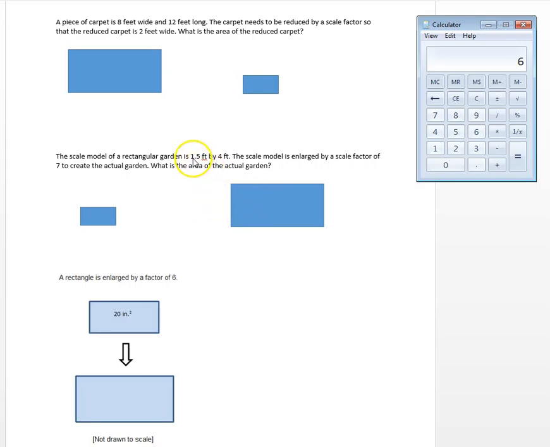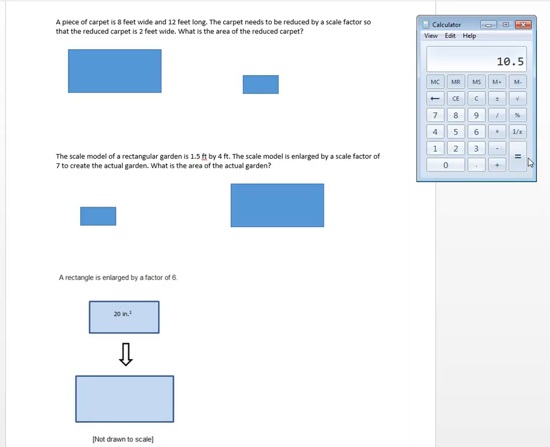So we're going to take our two measurements, the width and the length, and we're going to multiply it by the scale factor. So we're going to start out with the width, which was 1.5, and we're going to use our scale factor of 7, and that gives us a 10.5